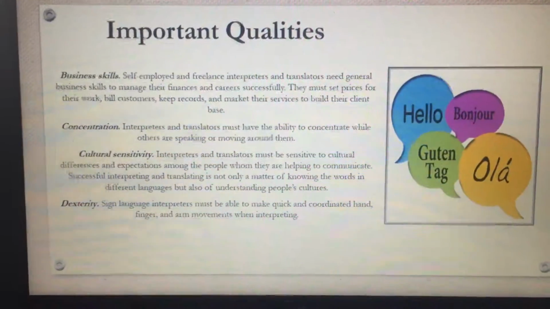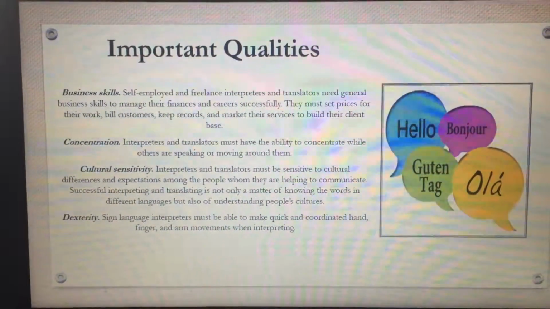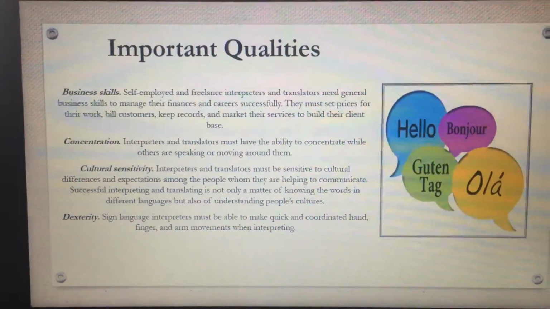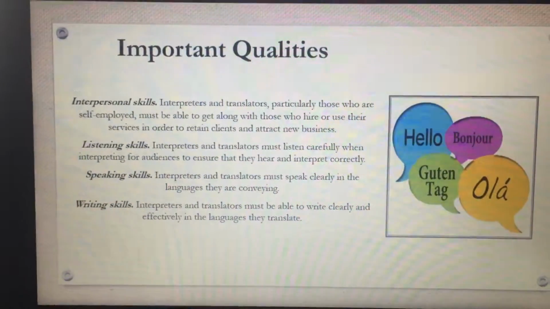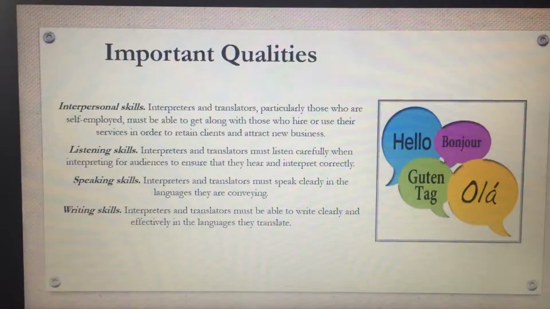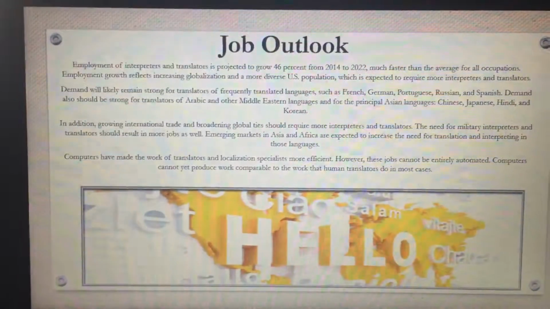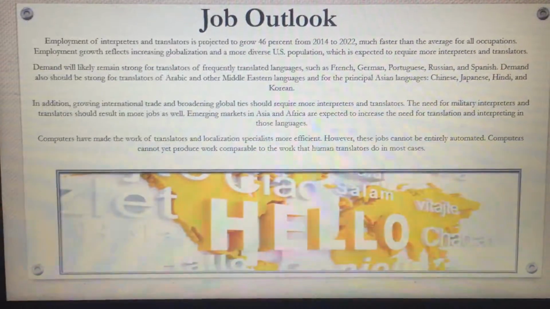Important qualities: business skills, concentration, cultural sensitivity, dexterity, interpersonal skills, listening skills, speaking skills, and writing skills. Job outlook. Employment of interpreters and translators is projected to grow